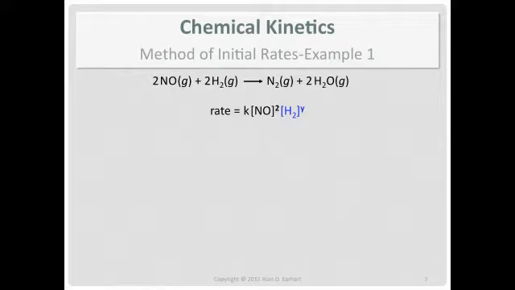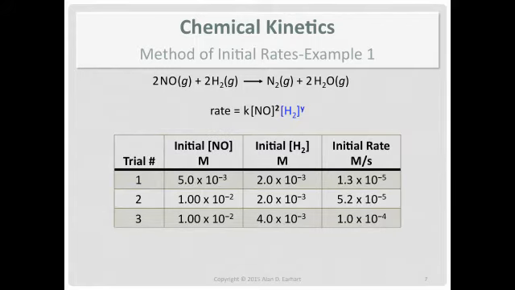So let's go after that. Same procedure. We look at the data. We choose two trials to compare such that the concentration of H2 changes. Now I'm going to choose trials 2 and 3 to compare because that changes. And then if you look at the concentrations of nitrogen monoxide for 2 and 3, that doesn't